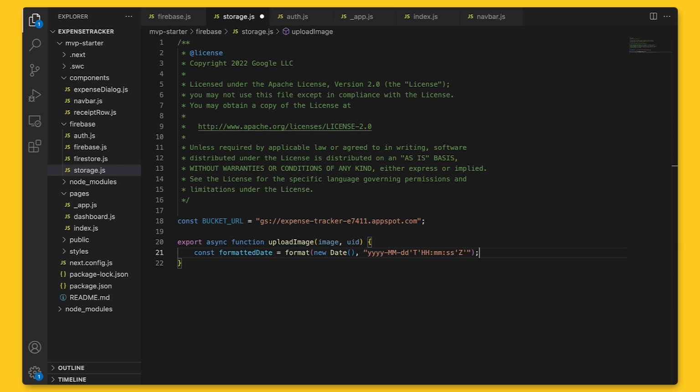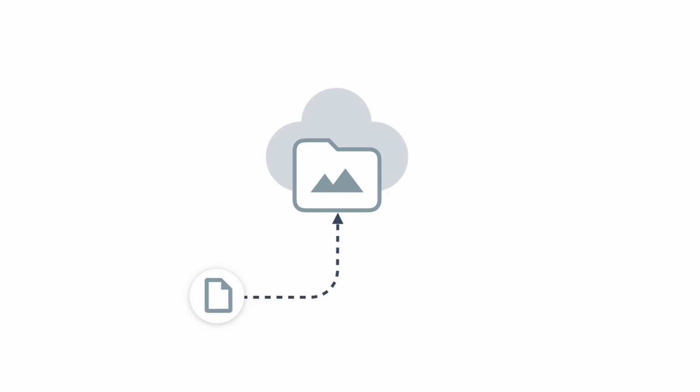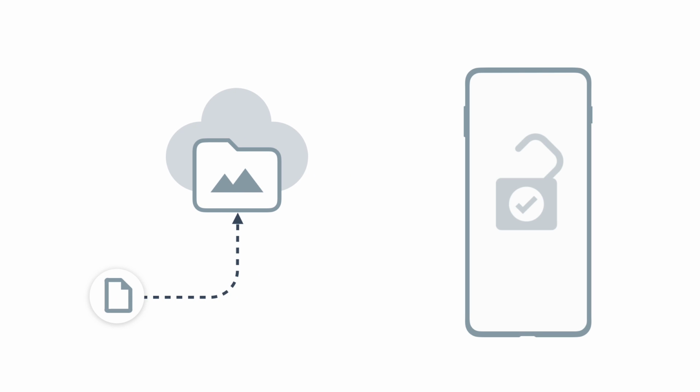The date will be formatted properly, and the bucket will be the bucket URL constant we just made earlier, along with the given user ID and the formatted date. To actually upload the image to storage, we'll create a reference, as the files in a cloud storage bucket are presented in a hierarchical structure, just like the file system on your local hard disk. We need to create a reference to a file in order to enable our app to gain access to it,